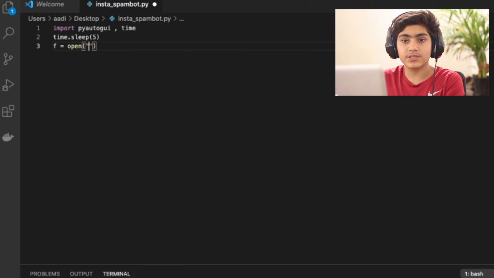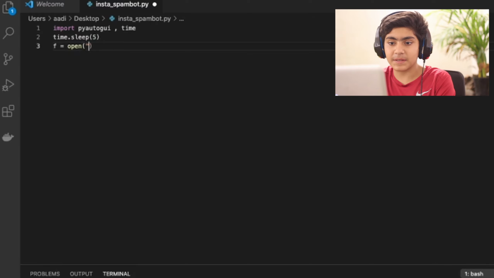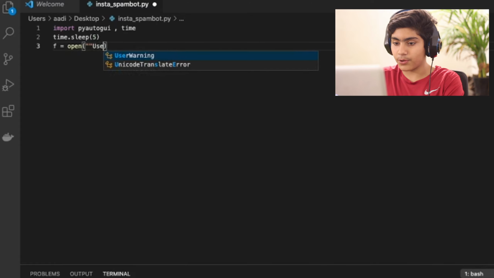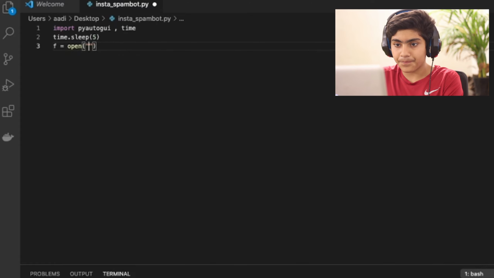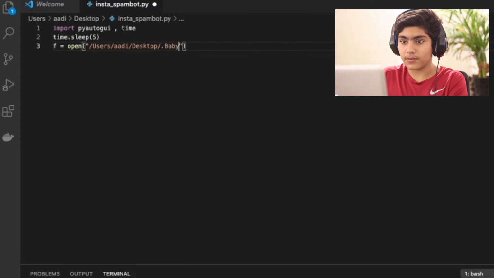So after you've done that, you just have to write open. In parentheses, I am going to be specifying the path. So the path would be /users/desktop, and then we have to write where we have saved the file, ending in .txt.